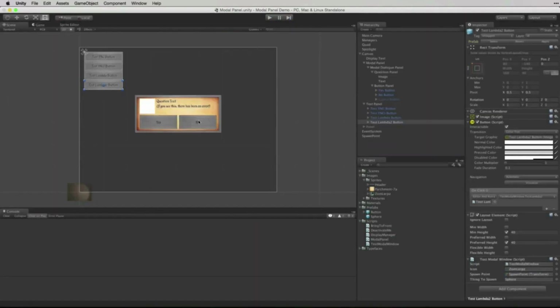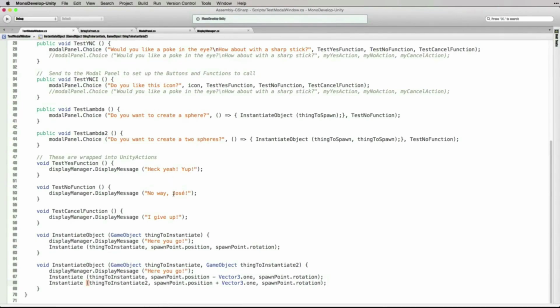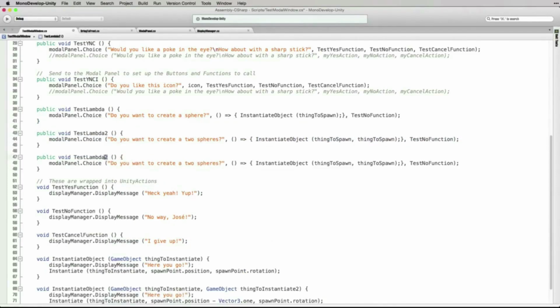We've got a 2-parameter list lambda. But we can also do this, which I actually think is kind of clever, which is just by changing our test lambda, do you want to create 3 spheres? And what we're going to do here is we've got our instantiate object with the override with 2 parameters. And I'm also just going to copy this. Okay, so now I've put 2 functions in here. So I'm not just sending 1 function, I'm actually sending 2 functions, a single parameter and a double parameter function,